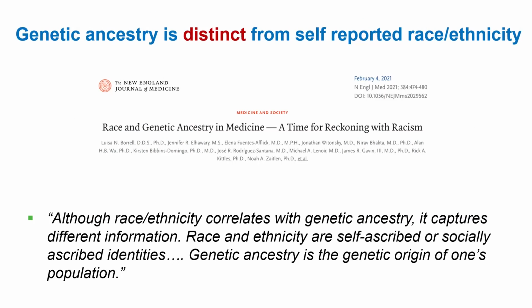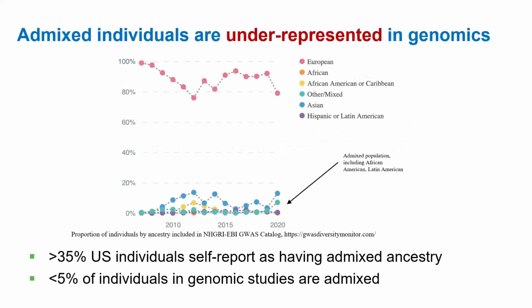Before I dive in further, I want to make the point that genetic ancestry is a distinct concept from the self-reported, socioeconomic or social determinants of race and ethnicity. There are many different papers that have reported this, and here I'm just highlighting one of them that appeared in the New England Journal a couple of years ago, that really makes the point that what people self-identify as is distinct from the history of one's genome. And there are no better populations to exemplify this than admixed individuals, where genetic ancestry varies across the genome and varies from individual to individual.